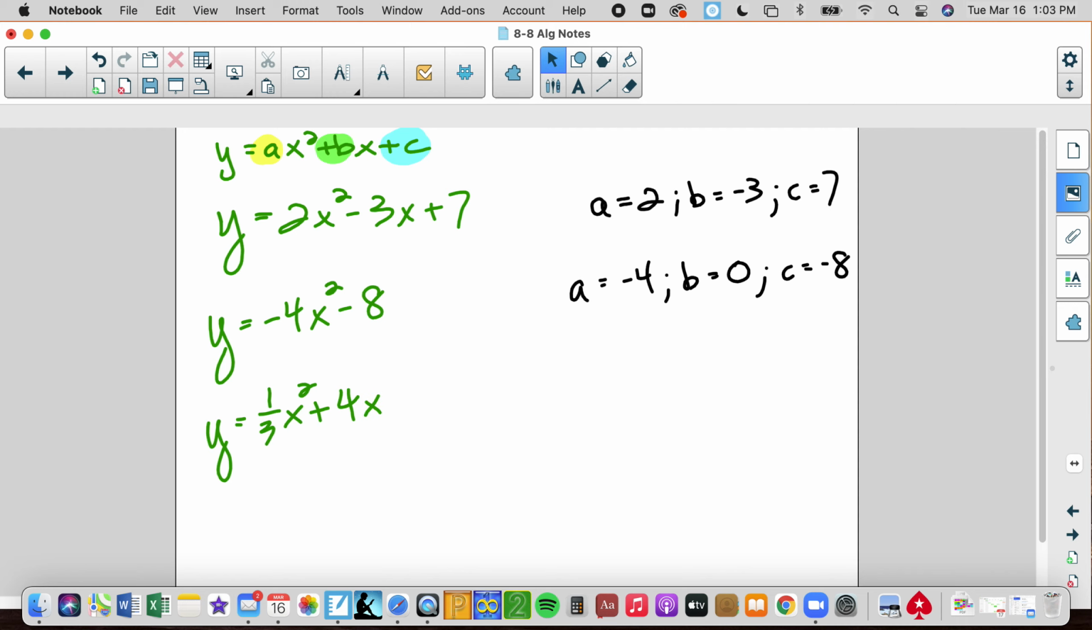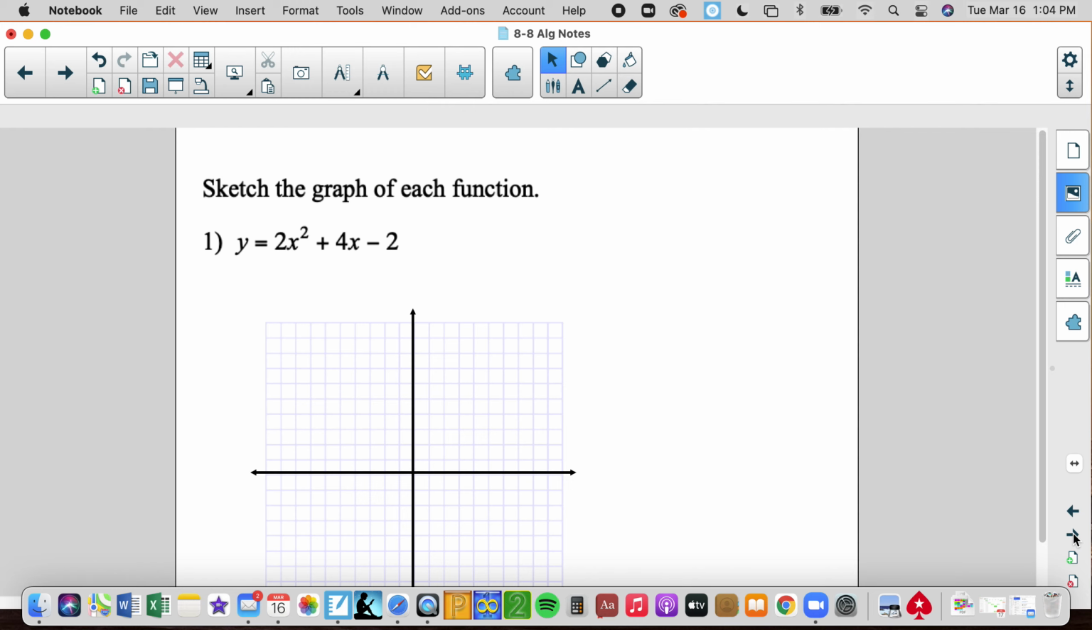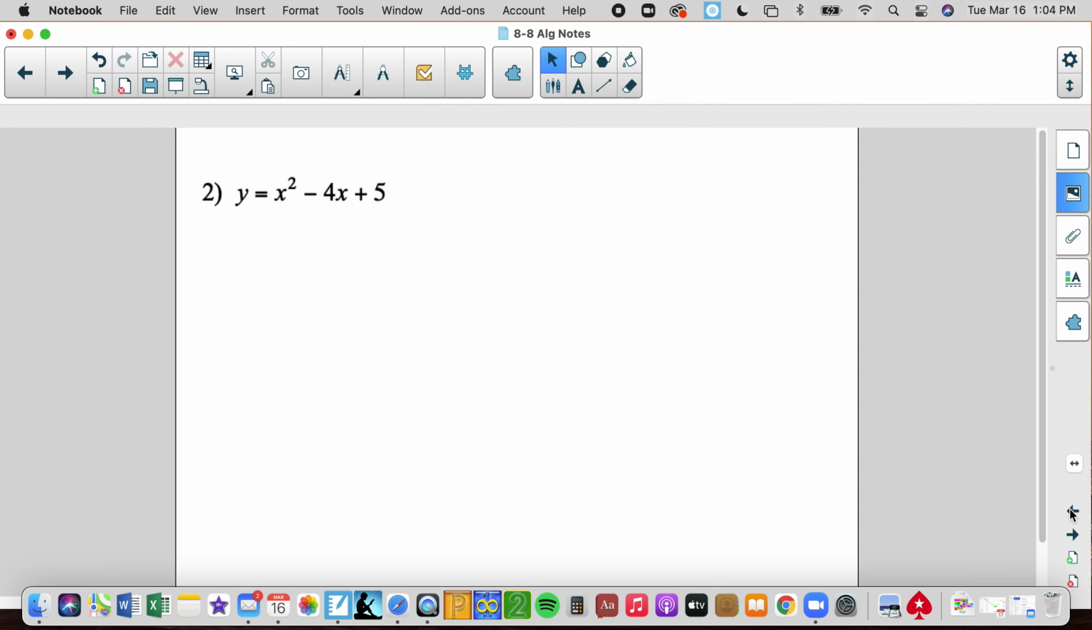Good. All right. So my A value is going to be 1/3. My B value is going to be 4. And my C value is going to be 0. So it's really important for us to know how to do that, because when we get this problem,